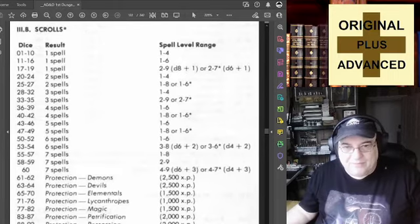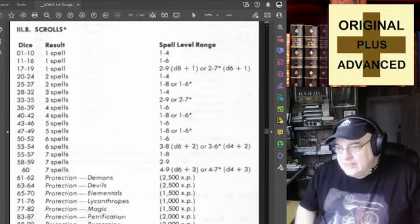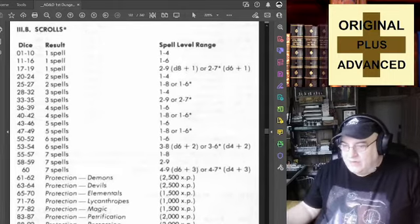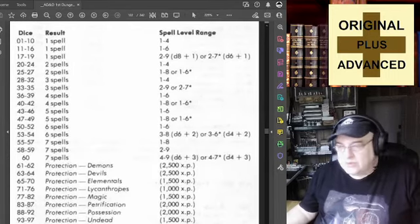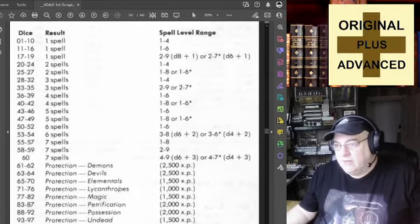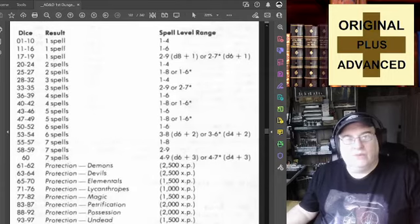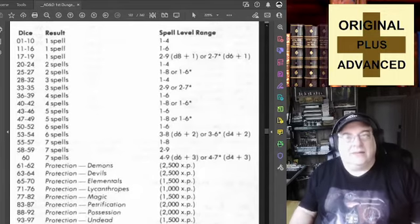Good to see you. The scrolls section is pretty straightforward. I mean, 60% of it is scrolls that include spells on them. And after that, you've got, as you can see from this here, a ton of protection scrolls. The last 3% is reserved for cursed scrolls. Just to take a look, level 1 spells take up 19% overall out of the random roll. And the first 10% is 1 to 4 level spells, which is actually quite high when you think about it,